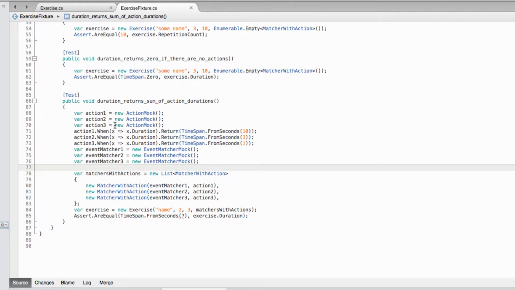Okay, so what I've done here is I've created a few mock actions and given them a duration, and then I've created a few mock event matches, and then I've created this matches with actions list, and I've associated each match with its action. I'm passing that into the exercise, and then the idea is here we would expect each of these actions to be executed according to what its event matches says. Problem here is